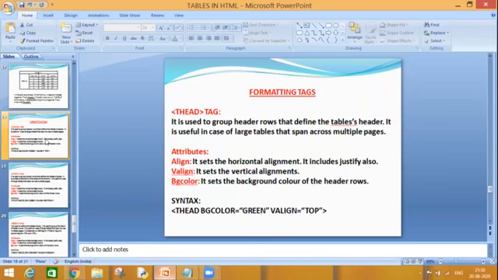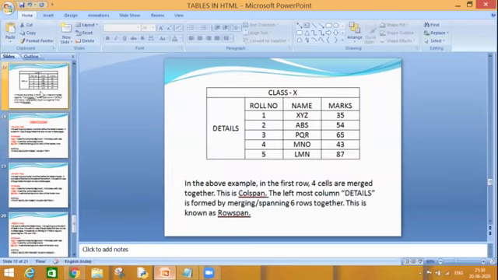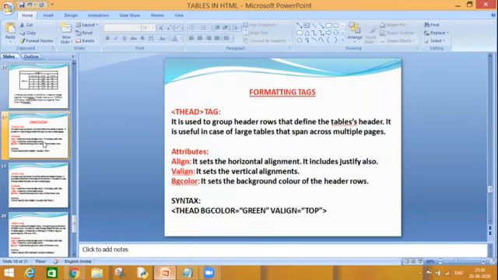That means if I talk about this table, this is finished on one page. But there are tables which span across multiple pages once we work upon them. So if we want to work upon those types of tables which continue to different and multiple pages, then these 3 tags are beneficial. But we are going to understand it on our small table also, how it works.